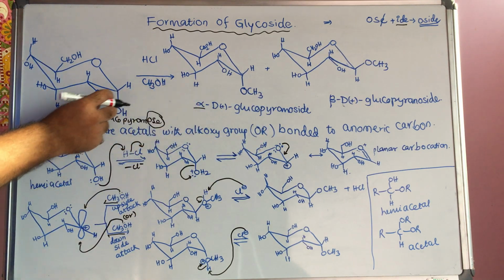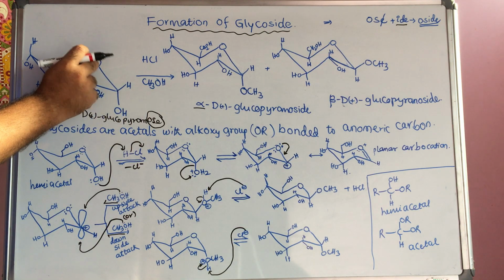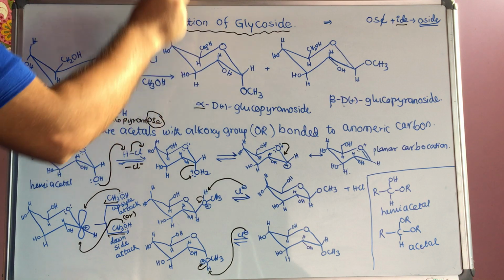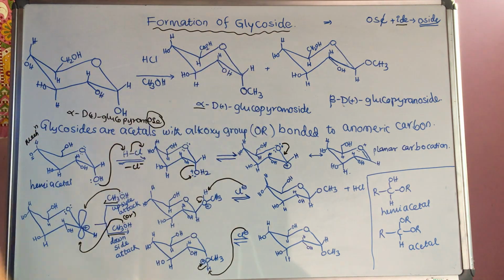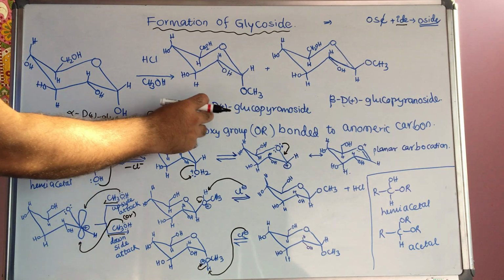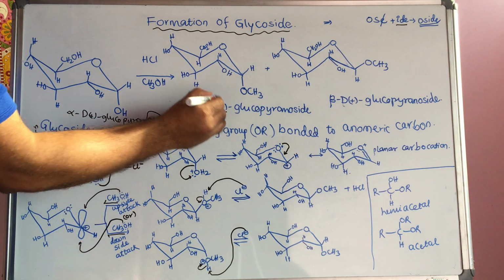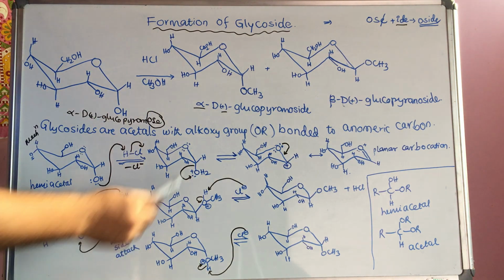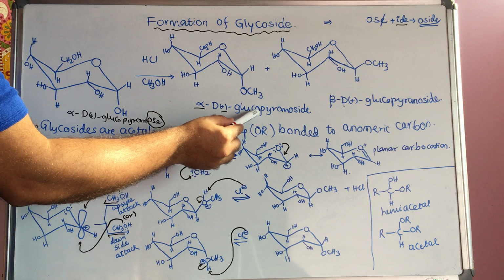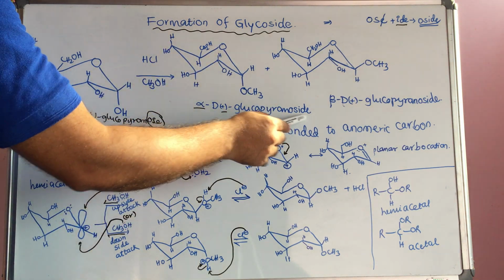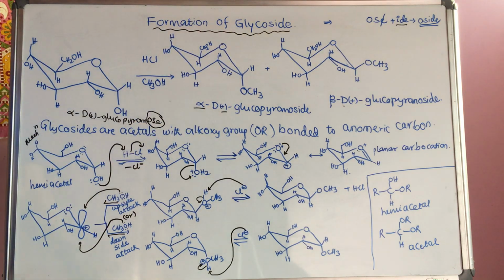Alpha indicates the hydroxy group is opposite to the oxygen in the ring, and D indicates that in the Fischer projection the OH at the fifth carbon is on the right side. The plus indicates that this chiral compound rotates plane polarized light to the right, that is dextro. This is glucose. Pyranose means a six-membered ring, and this O-side means it is the glycosidic form.